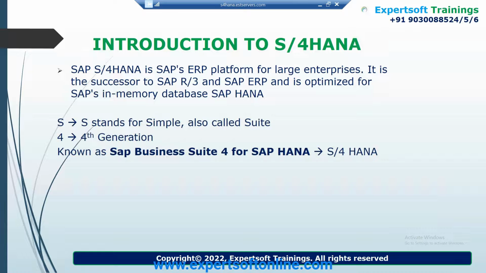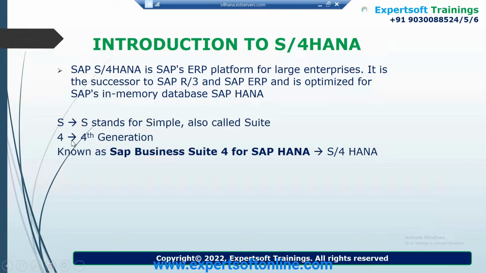How did SAP evolve? ECC was the main first one. First they came with Suite on HANA. Suite on HANA means they only replaced the database and the top things remain the same. Then they came with S4HANA. What did they do in S4? They reduced the number of tables to be accessed. They came with simple finance and simple logistics modules. They reduced the number of tables and improved the performance. So that is what S4HANA is.